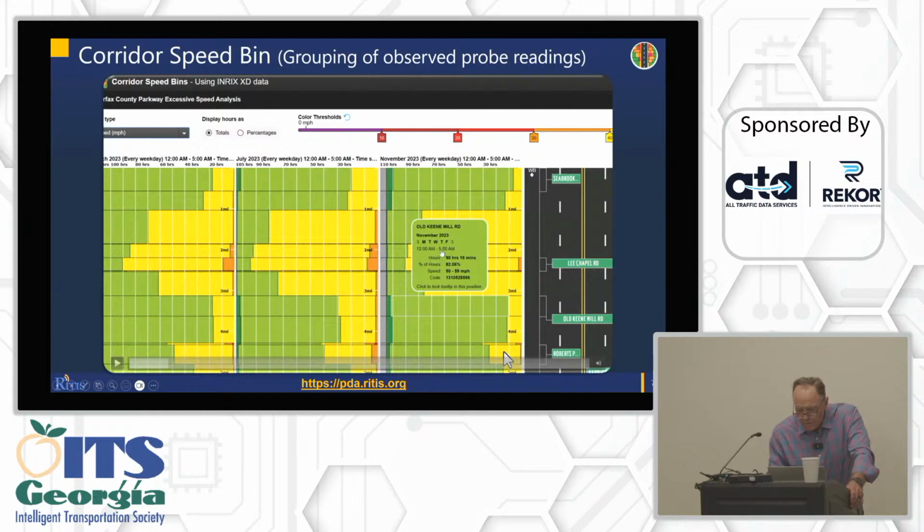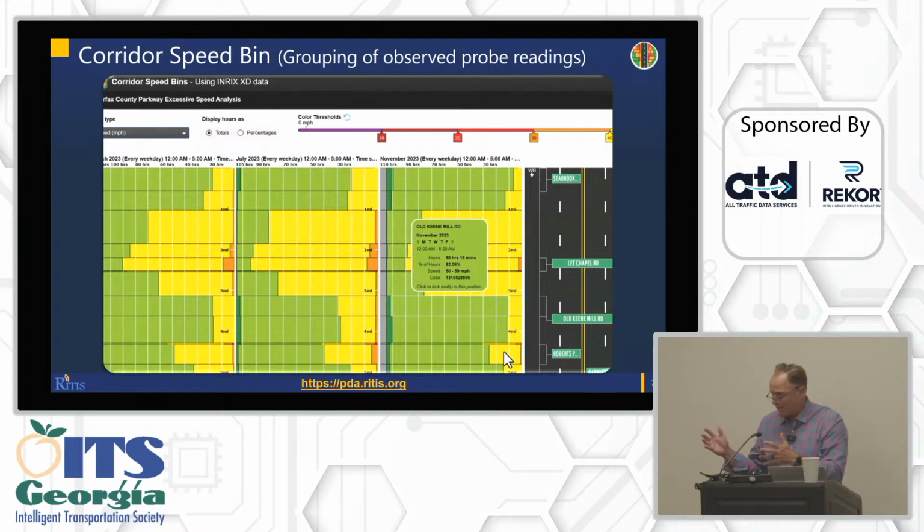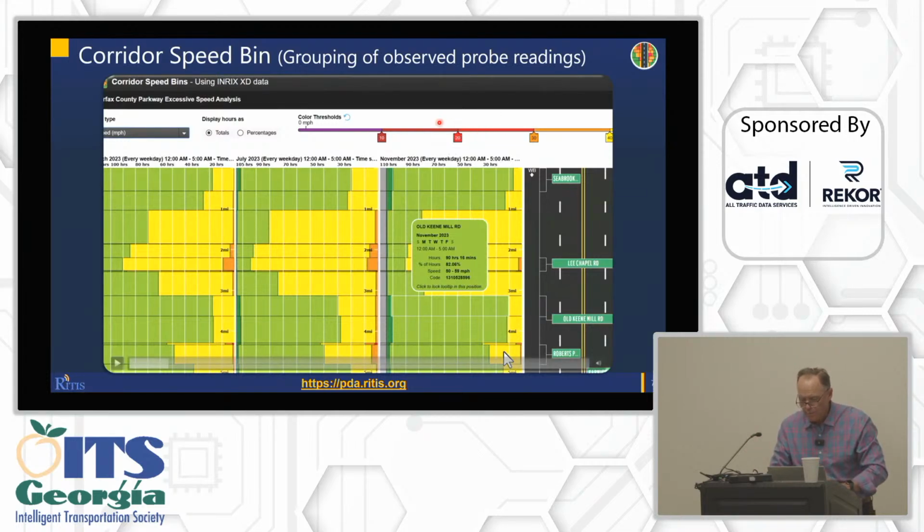this segment, see 12 to 5, Monday through Friday, 90 hours and 16 minutes or 82% were traveling at 50 to 59 miles per hour. The other bins will tell me, of the 100%, what makeup they had. Does that make sense? So you got 100% of all speed readings, and then you could play around with this